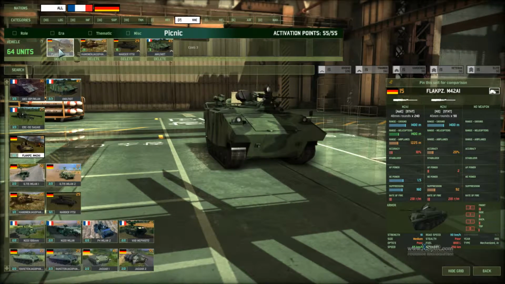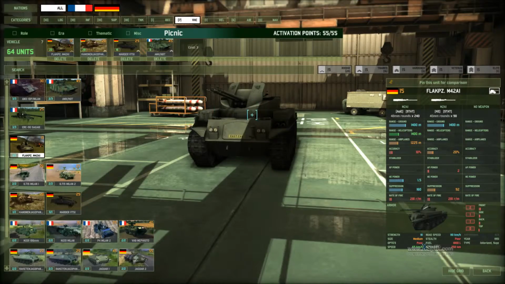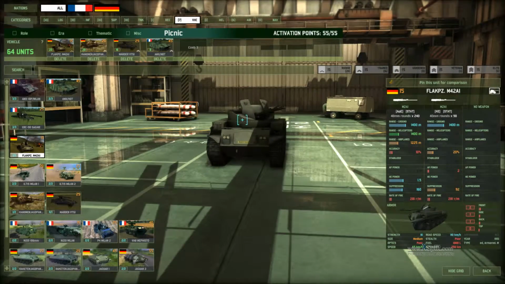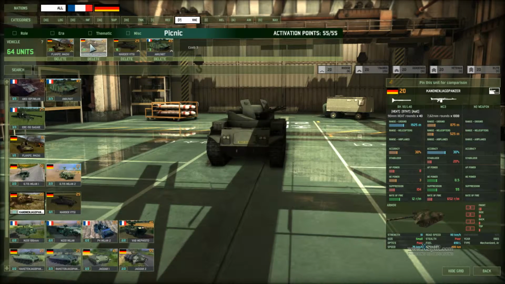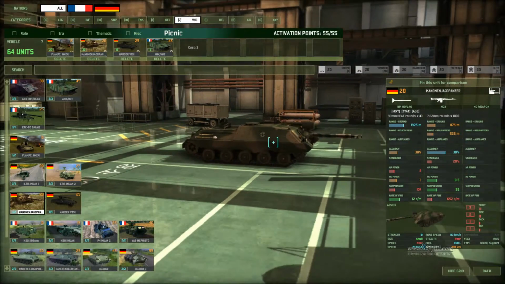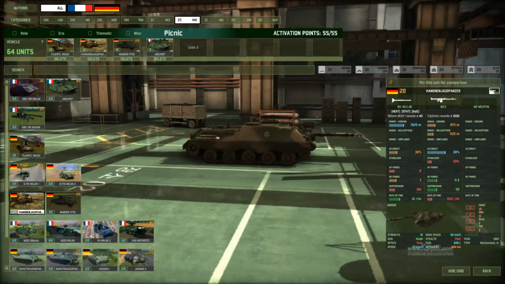Or if you have, say, a large tank unit group that is moving up a road or is advancing, then you can send these guys in to take to cover basically your tanks, just so that enemy planes and helicopters don't just attack and kill all of your tanks immediately. Then I have the Kanonenjagdpanzer, which is basically a very cheap and very good anti-tank tank destroyer,